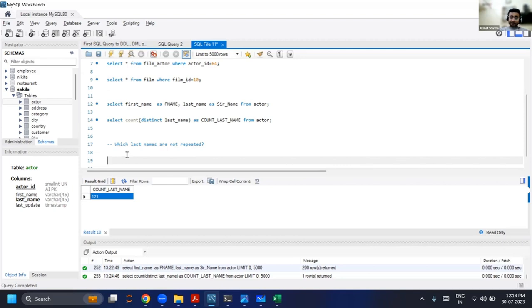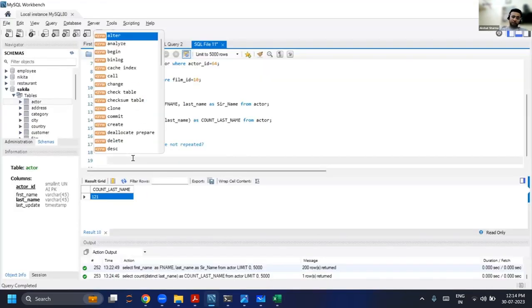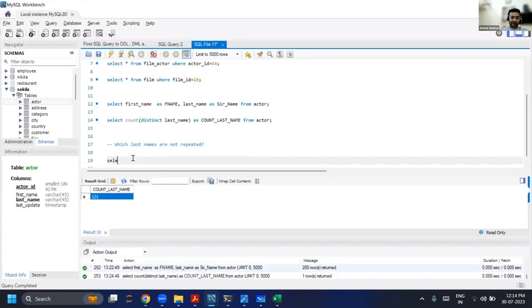So where is last name? Okay, what about the names that have already been in the context of the actor? Okay, so the actor table, we are going to first of all see that. So select last name from